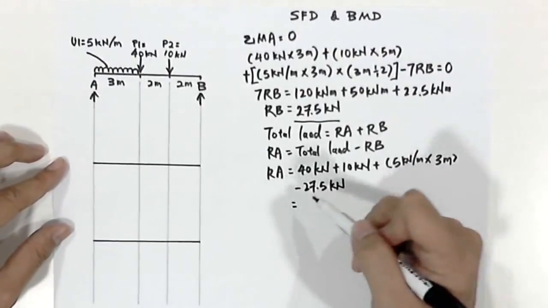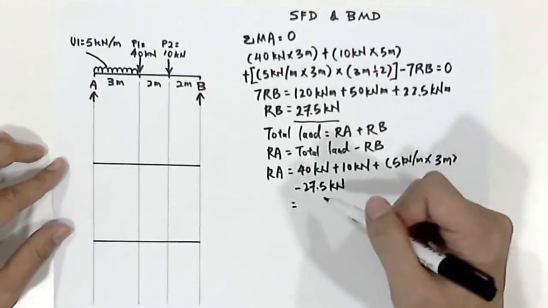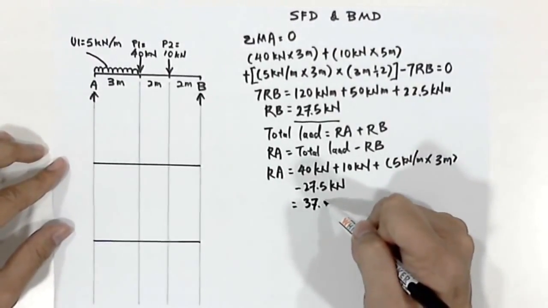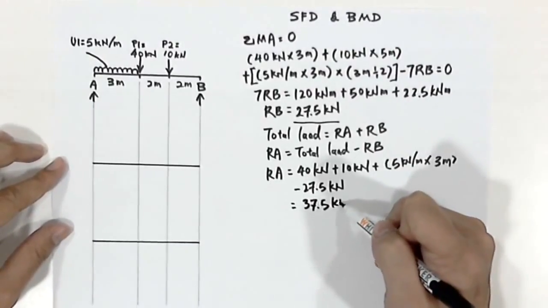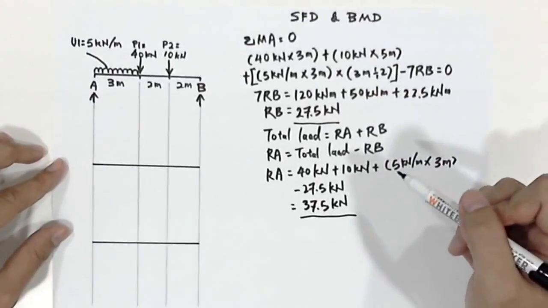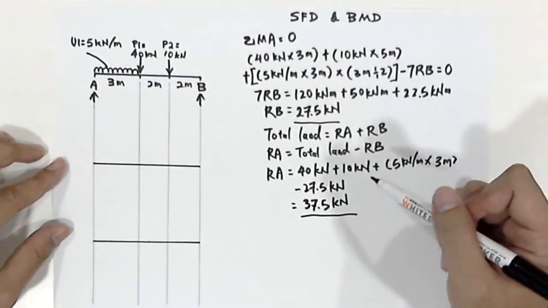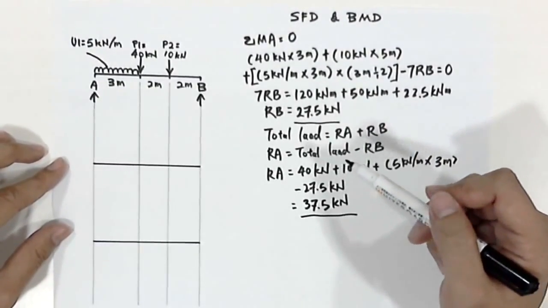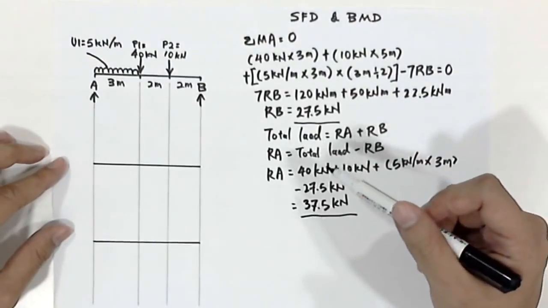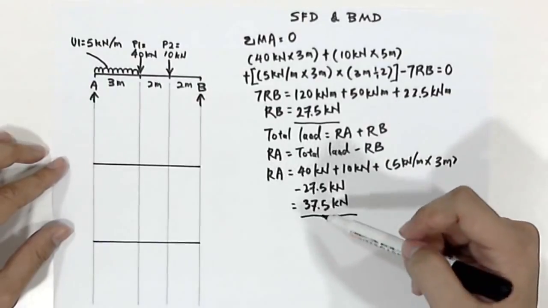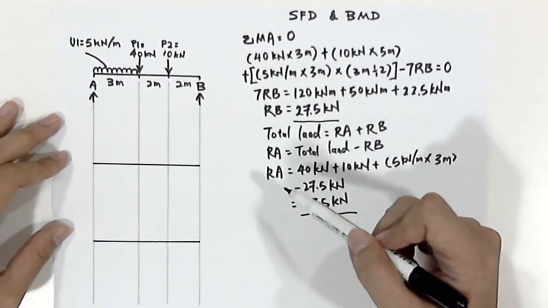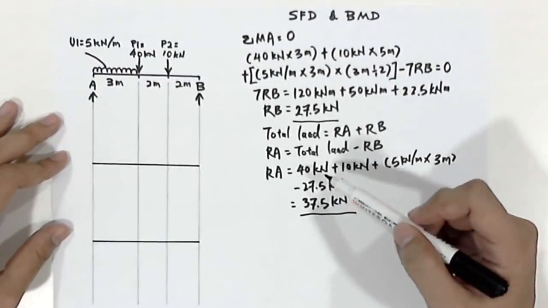So if you solve this calculation, what we'll get is 37.5 kilonewton. So this is our RA. Once we have RA and RB, we can start to work on our shear force diagram. By using a graphical method, we can draw the shear force diagram on support A, with a value of